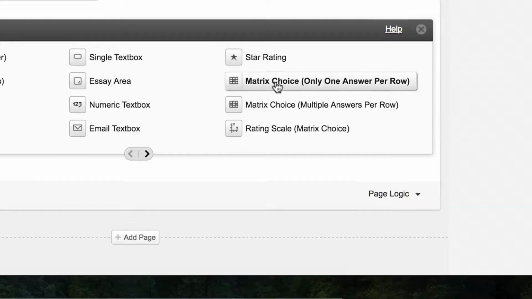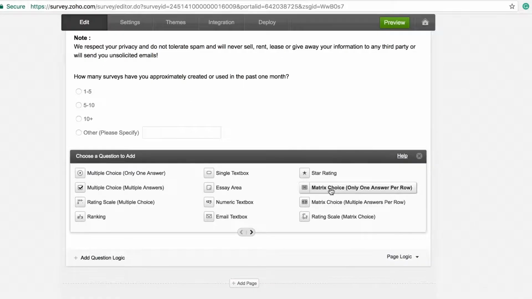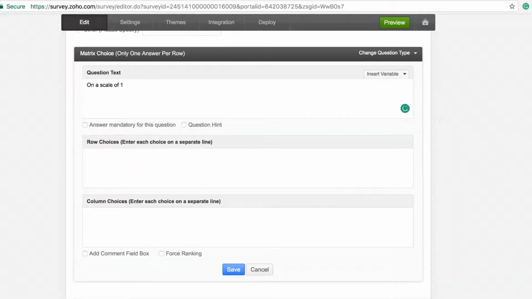But in Zoho Survey, you can actually fix this question without even splitting it into different questions using the matrix choice type question. Now, this matrix choice question will allow the respondent to evaluate 1 or more items listed in rows using the same set of choices provided in columns, which would be the perfect solution to solve our triple-barreled question problem. So I choose matrix choice with 1 answer per row. I write in my question. And I move on to typing the items that need to be evaluated in the rows section here. So that'll be content,